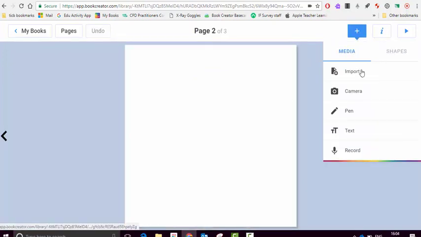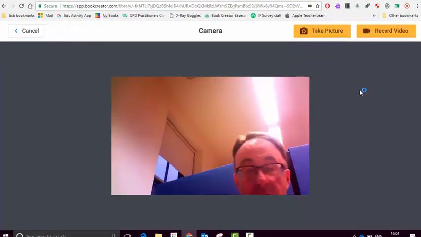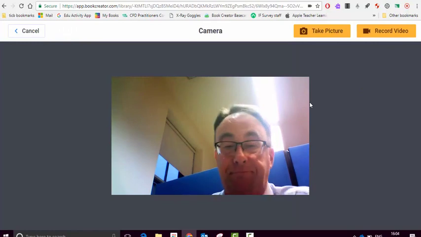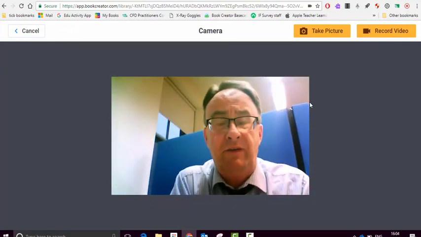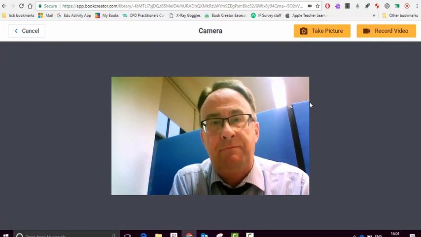So if I go onto another page, I just want to show you something else. You can draw with the pen. You can take photos with the camera. Now obviously with this camera we're quite limited because it's connected to my webcam, so it's